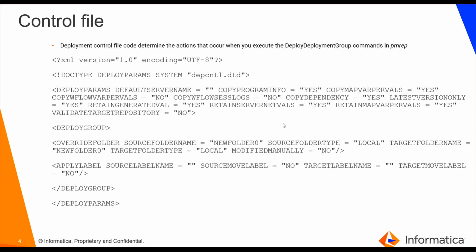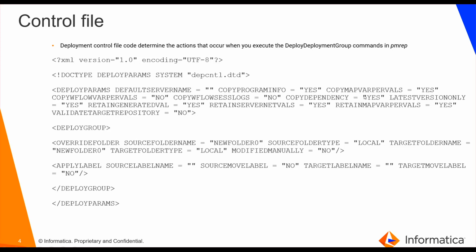These parameters are basically the actions that are performed during the process of deployment. So for example, you can see there are parameters like copy mapping persistent variables set to yes. So it actually copies those